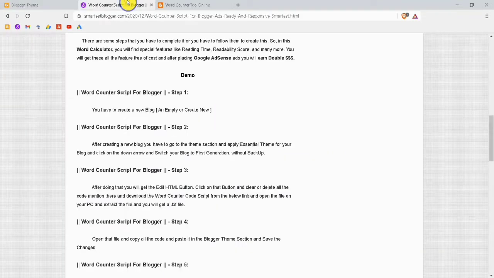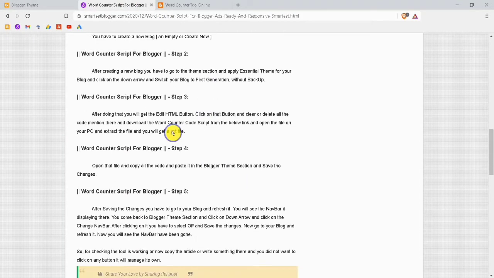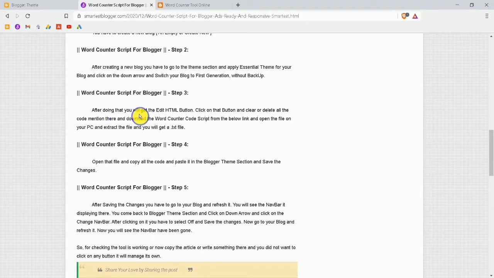After doing that, our third step is to click on the edit HTML button, clear or delete all the code mentioned there, and download the word counter code from the link below.